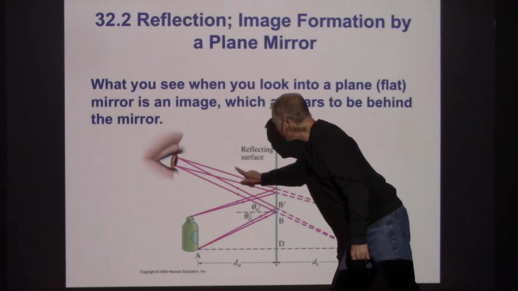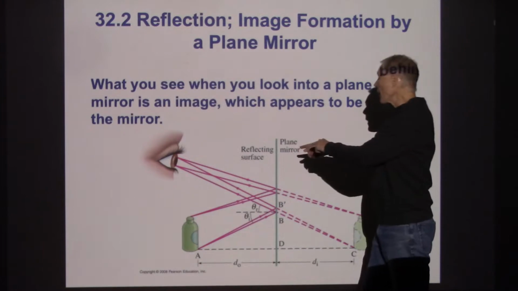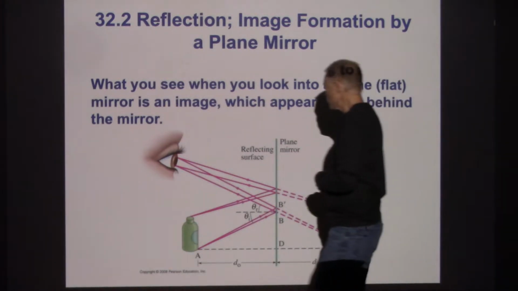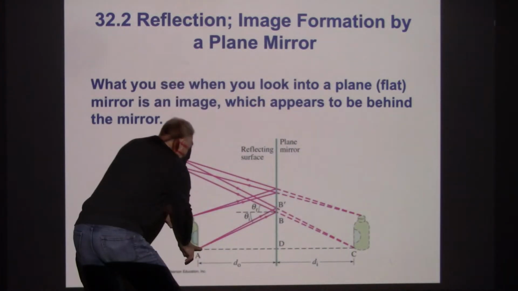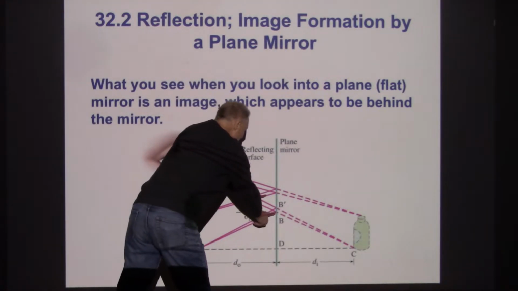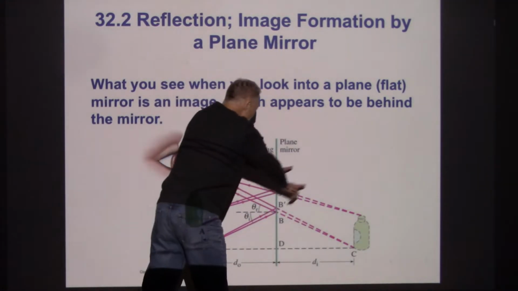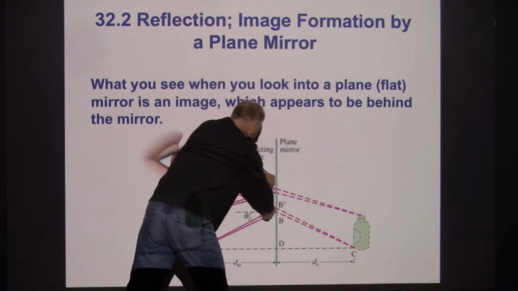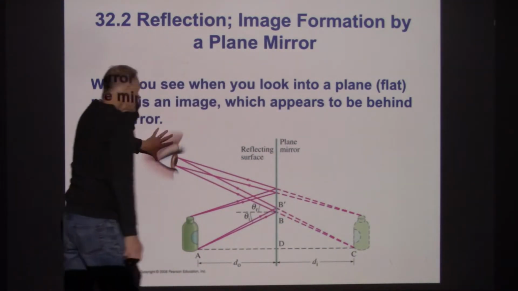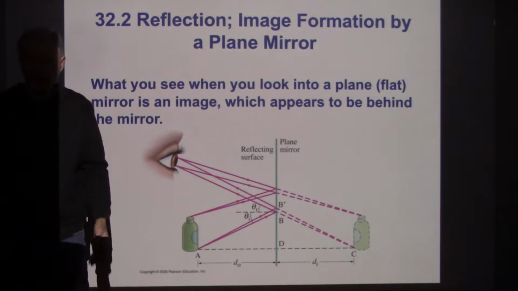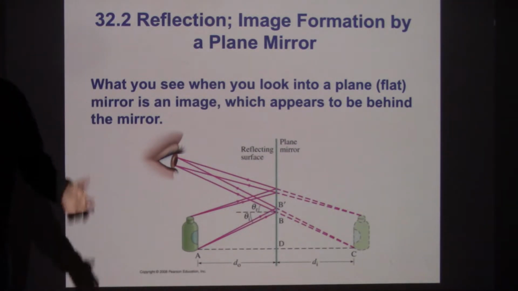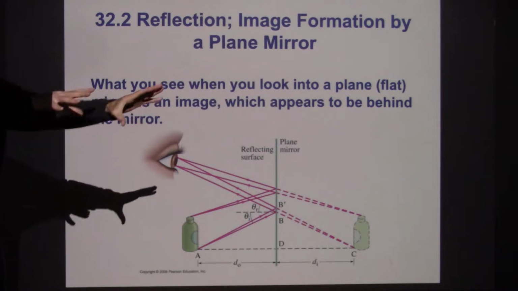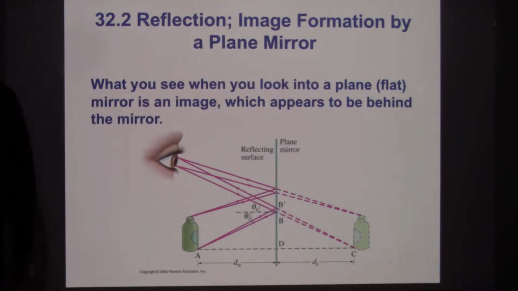This pattern of light right there, I'm going to call that the image light. So the light coming off the object, that's the object light. The object light would have continued in this direction, but there was a mirror, and so the light got reflected. And so what we see is image light,